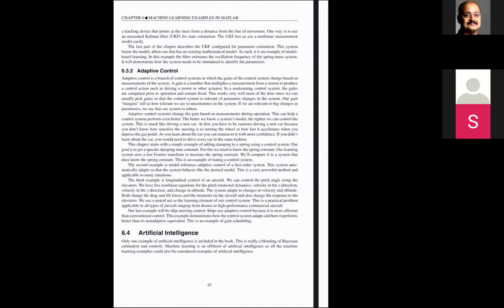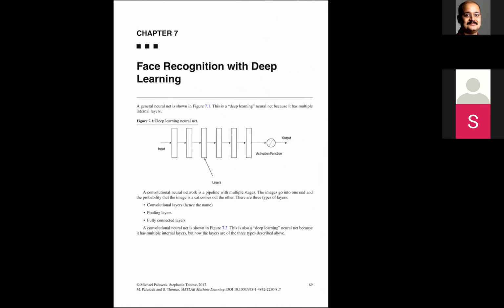So if you go through, this is the first example that I'm going to discuss. Now, how are we going to study this example? In today's class and in the next class, I will go through the examples like face recognition, digit recognition, adaptive control, then autonomous car. Actually, it's a perception problem, and other problems that are discussed in this. So what I want you to do is, everyone open the code in chapter 7. My online students and in-person students, please open the code in chapter 7.